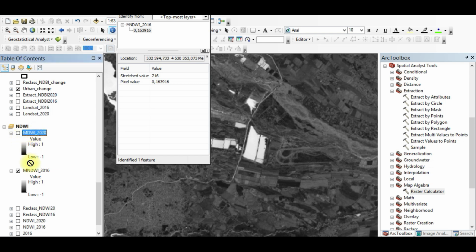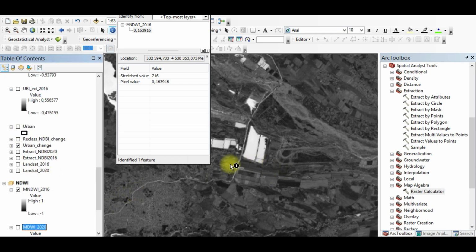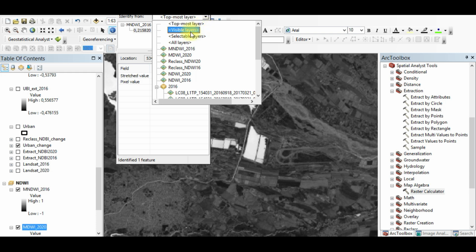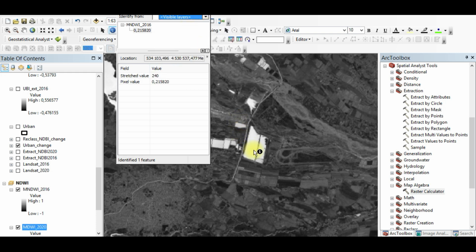So let's open two areas, and we can change here the visible layers, so it will choose both of the modified NDWI, and for 2016-20, see the pixel values are different, a small difference,